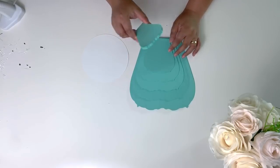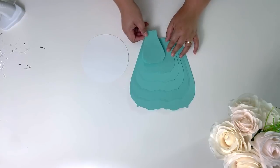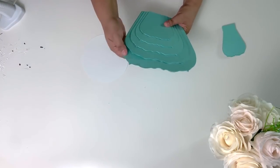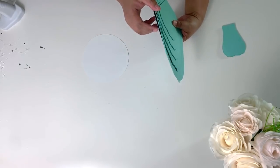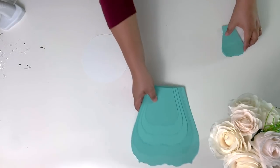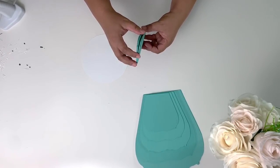But with a PDF, it comes with 5 layers of petals plus the bud. So in this flower we're gonna need all the 5 layers, A, B, C, D and E, and each layer has 6 petals on it. So let's set this one aside, and we have our bud here, and on the bud